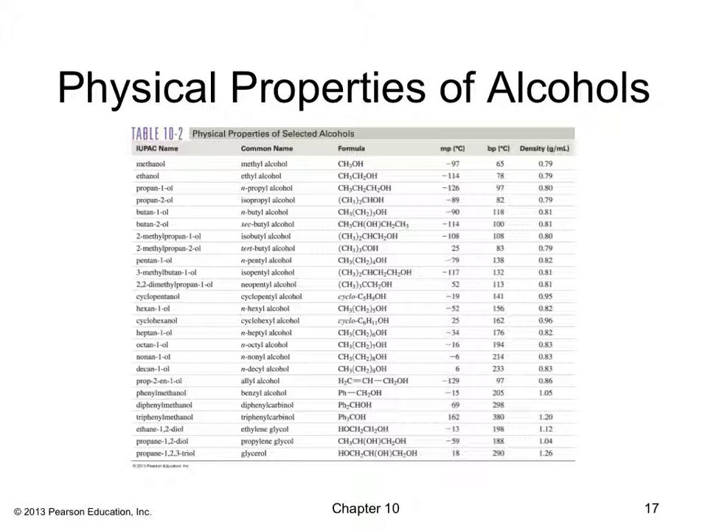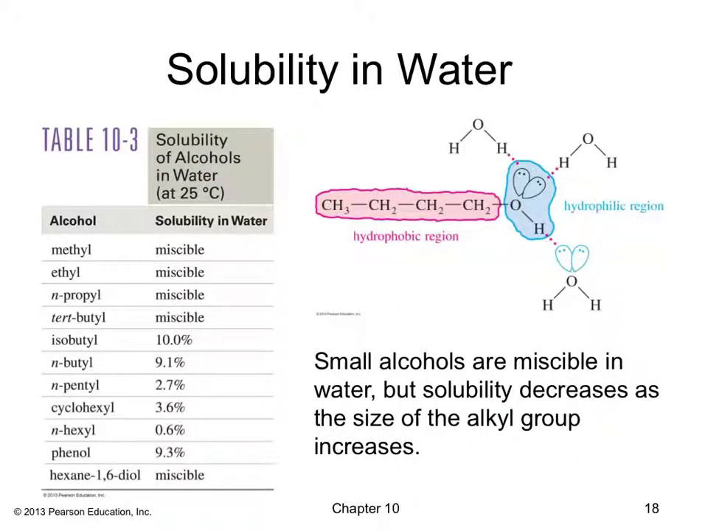Generally, as you increase in size in a linear chain, you're increasing the boiling point. Now, if you increase the substituents, that lowers the boiling point slightly. However, the general trend is as you're increasing the length, you're going to increase the boiling points. In terms of solubility in water, your table 10-3 in the text